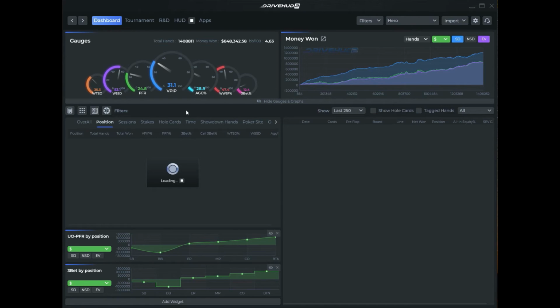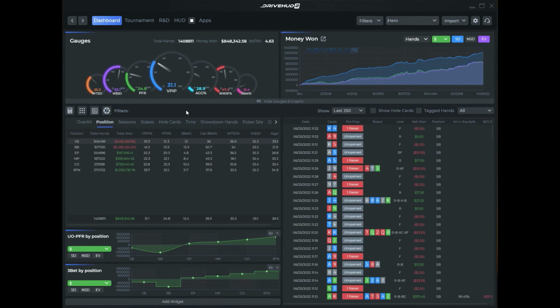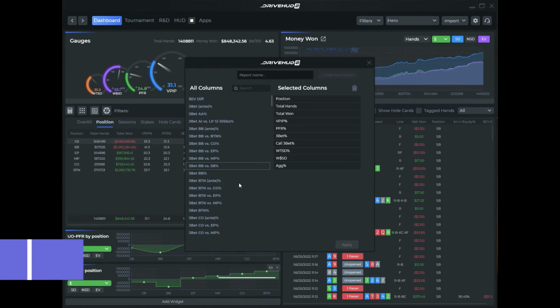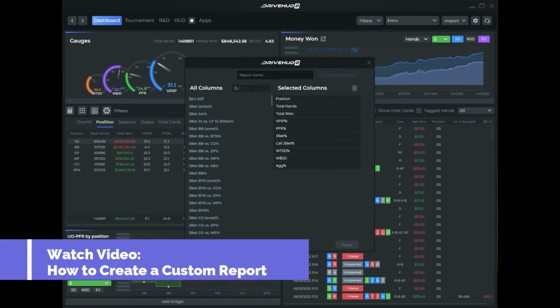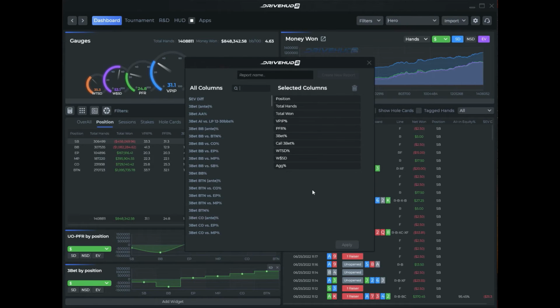If there's a stat I wanted to add into my report, or I wanted to edit, or say create a whole new report, I can just simply right click on the column header here. On the left it'll list all the available stats, and you can search for a stat by a keyword. On the right it'll list all the current stats that are here. If there's something I wanted to add, I can just simply drag and drop it where I want it into